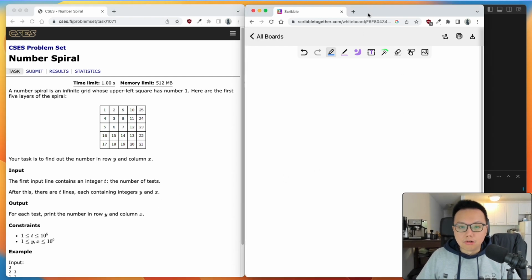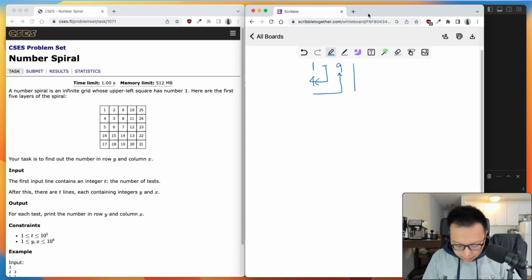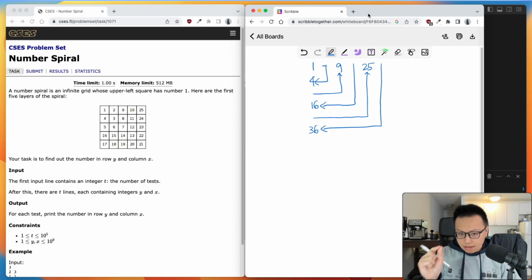So let's try this. If we just follow the idea of the spiral, we can first make some observations. It basically goes like this: we have 1, we have 2, 3, 4, and we have 5, 6, 7, 8, 9. Basically it's going something like this, and I'm highlighting all the square numbers. As you can see, we have this kind of pattern, and all we need is to follow the pattern